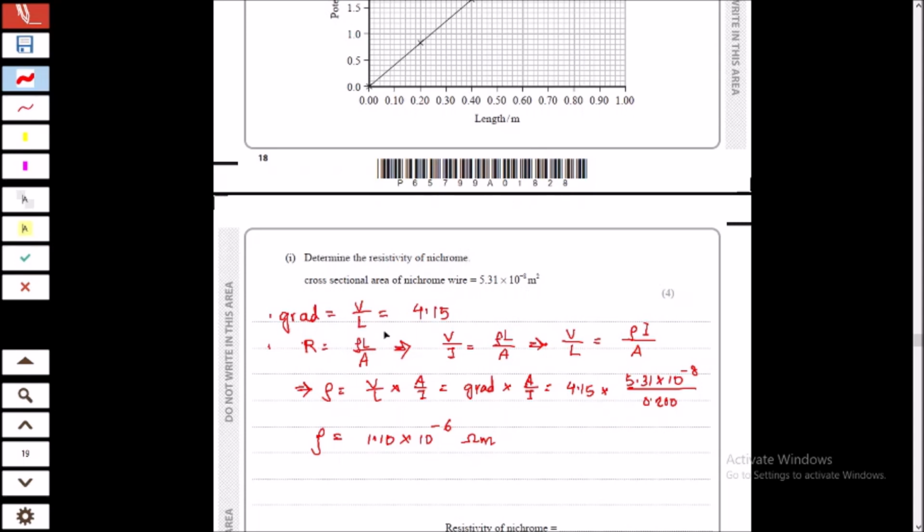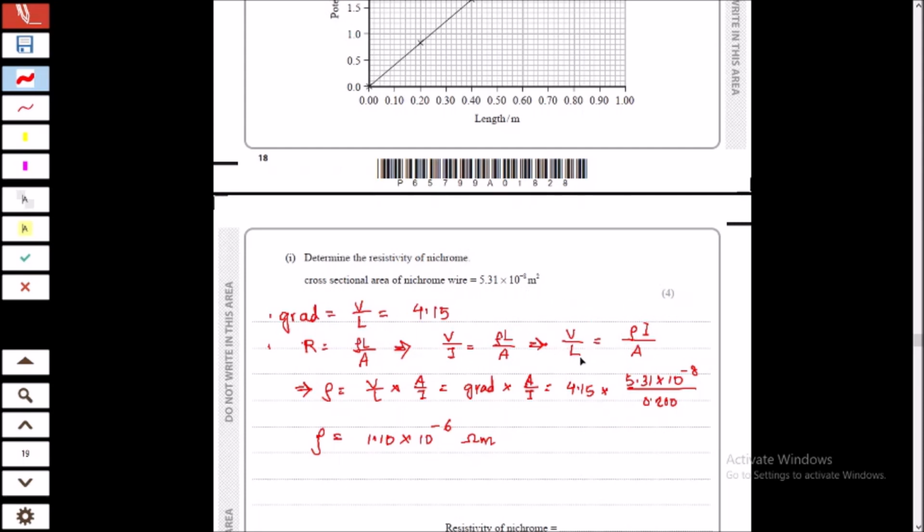First of all, for the resistivity, you get this equation. Resistance is equal to rho L by A, where rho is the resistivity. Now, resistance can also be written as V by I. So if you substitute R by V by I and keep rho L by A as it is, then you can see that if you make V by L the subject, by putting L here, that will give you rho I by A. You know the value of I, you know the value of A. So if you can know the value of V by L, then you can find out the value of the resistivity. If you couldn't catch, watch this portion once again.